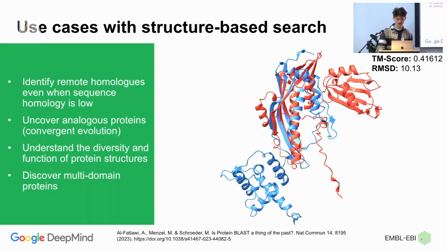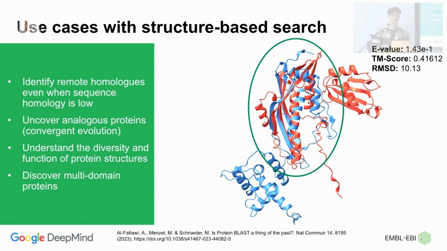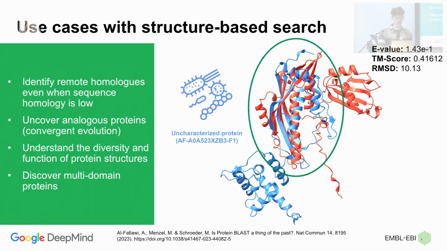But I'm sorry to disappoint. It's actually this particular alignment. So what you see here is actually this particular domain. I searched with Foldseek, right? And I identified this particular domain. So what I did was I took this, yet again, another uncharacterized protein. And I searched on InterPro to understand if it had any sequence-based annotations. It was practically bare. There was no information. So by searching with Foldseek, I was able to actually identify